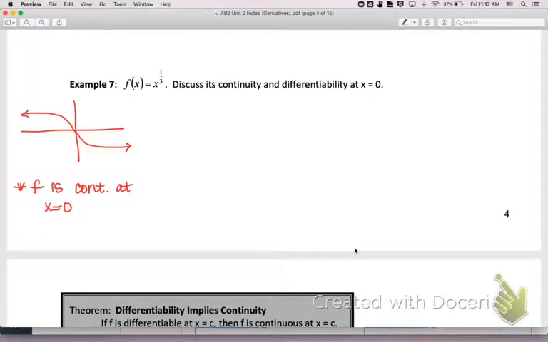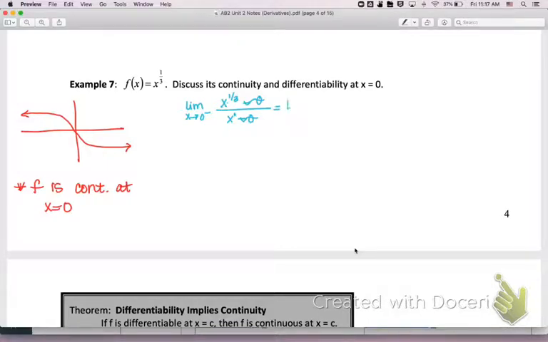Now, this is a different case. We don't have a sharp turn there. The question is, what is happening? Well, let's discuss the limits. We know that the limit as x approaches 0 from the left would be x to the 1/3 minus 0 to the 1/3, which is 0, over x minus 0, okay? Remember, this x is to the first power. These zeros don't matter. So if we simplify x to the 1/3 over x to the first, that gives us